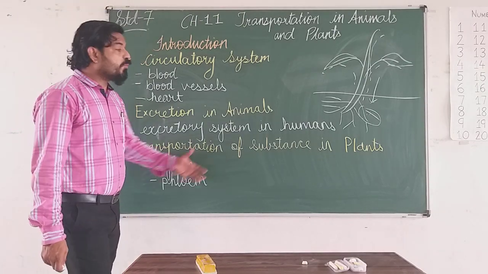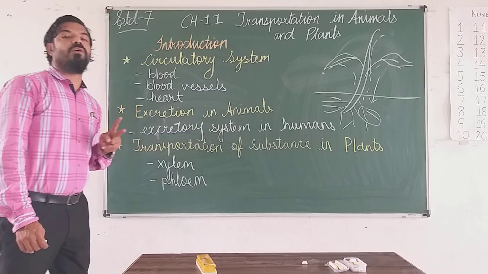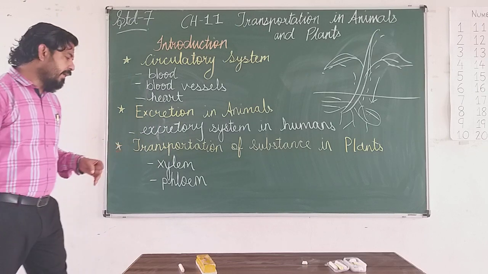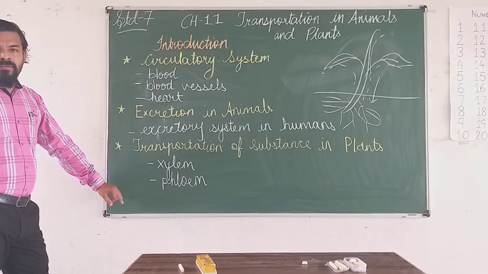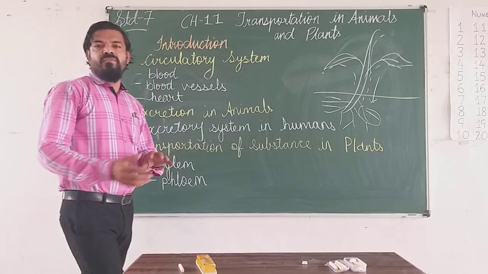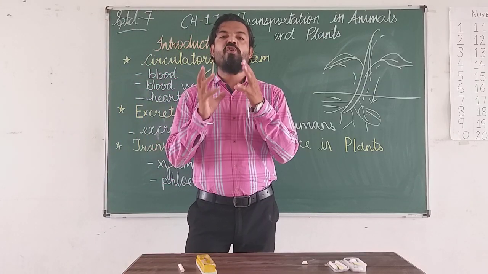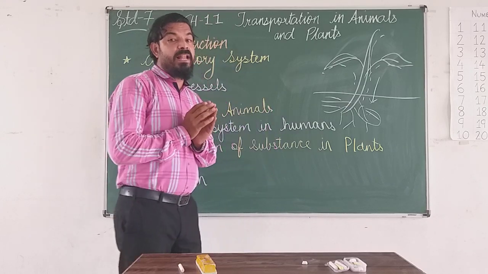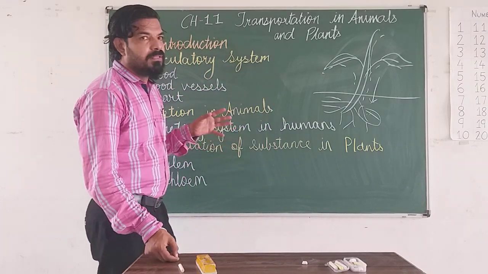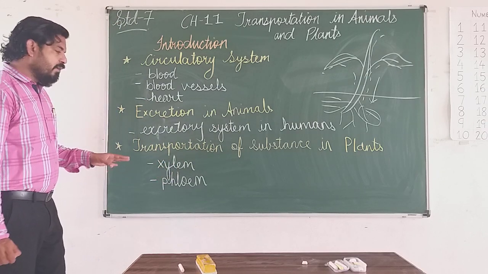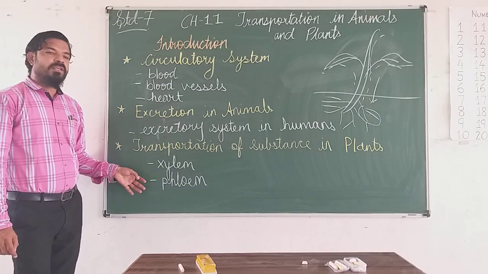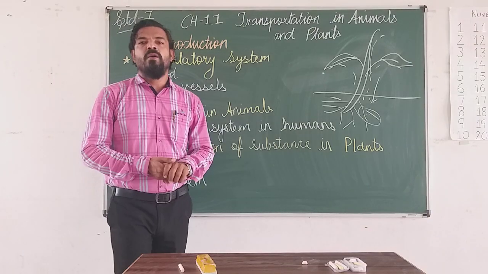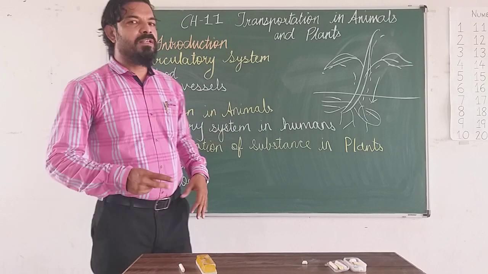So the transportation happens, but just as we have arteries and veins in our body, similarly plants have xylem and phloem, both of which are vascular bundles. What are vascular bundles? They help with transportation in plants. We will understand this transportation and xylem and phloem in the next session, where we will also cover all the points we want to tell you.